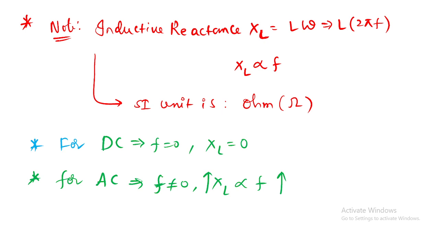Is it done, buddy? Shall I move on? So it is very important. The SI unit is ohms here, right? Like a resistance only. And for a DC it's important. For a DC the frequency will be 0, so reactance is completely 0, and the remaining things. Shall I move on?